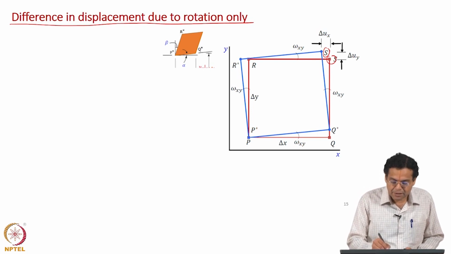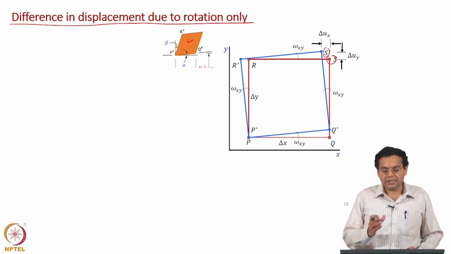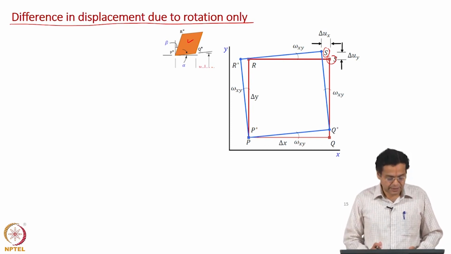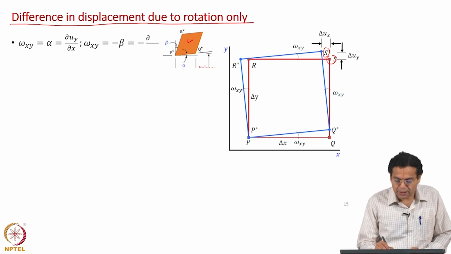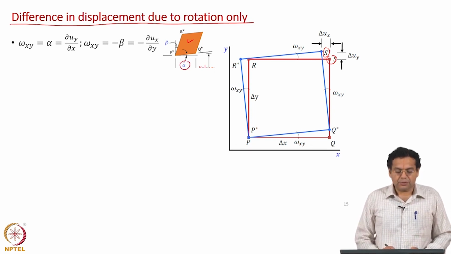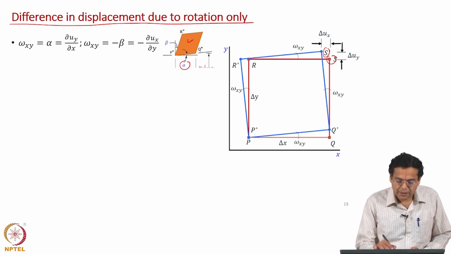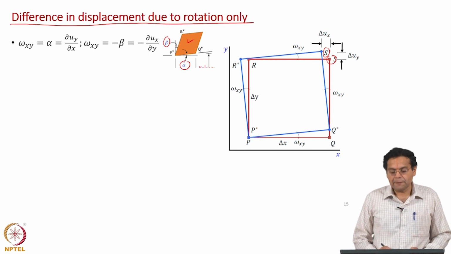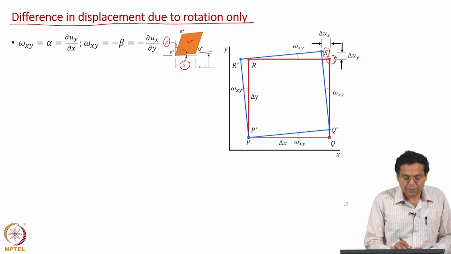Now, once again this figure we have discussed already in the context of deriving the relationship between normal strain, shear strain and rotation. We derived it in terms of displacement gradient, same figure as we have seen in the previous slide. When we derived that omega xy is equal to alpha is equal to dou uy by dou x, alpha was rotation in the anticlockwise direction. Then we also derived for rotation for this element